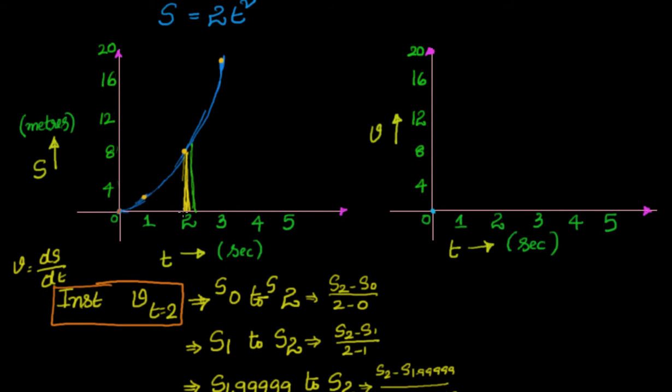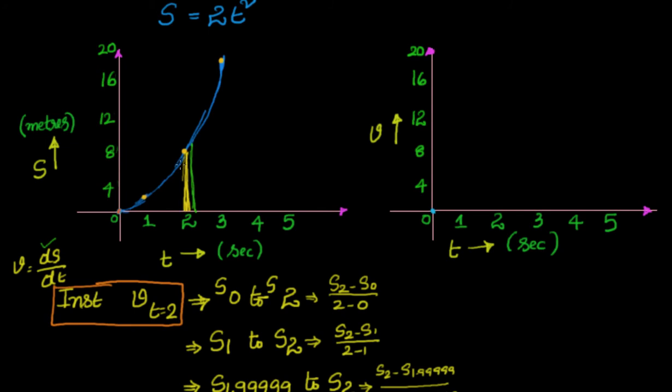But what we are saying is, if we want to calculate instantaneous velocity at 2, I have options. I can take distance at 0 and distance at 2, and based on that I use ds by dt, the difference in distance divided by the difference in time. It may be approximate. I can go for 1 and 2, which may be a little bit better than that, but may not be accurate.